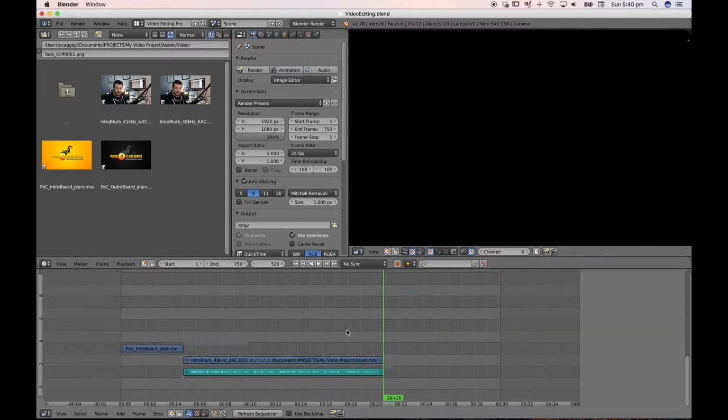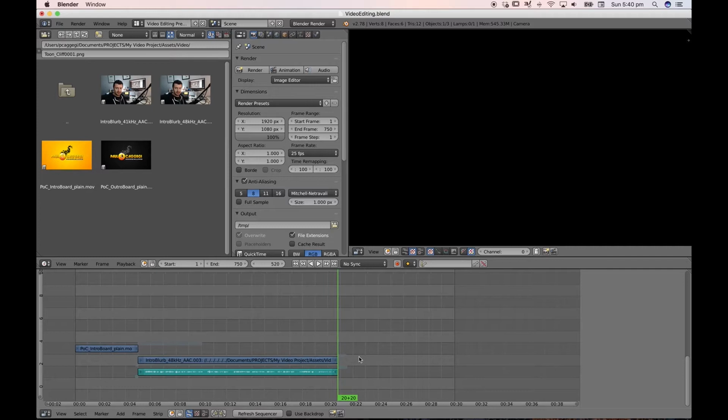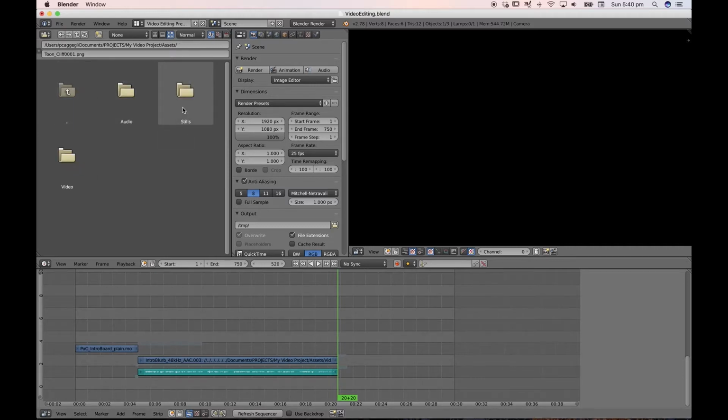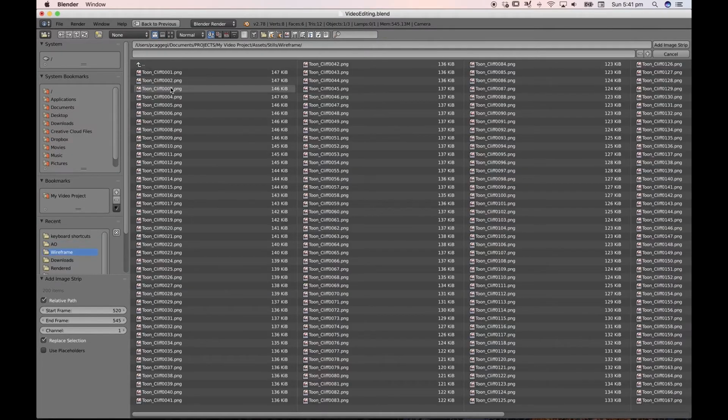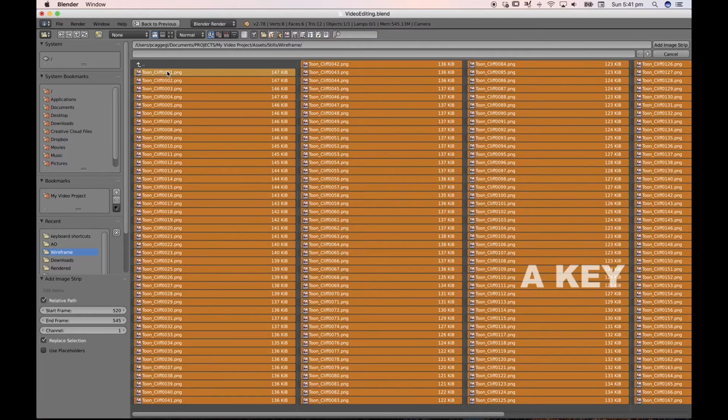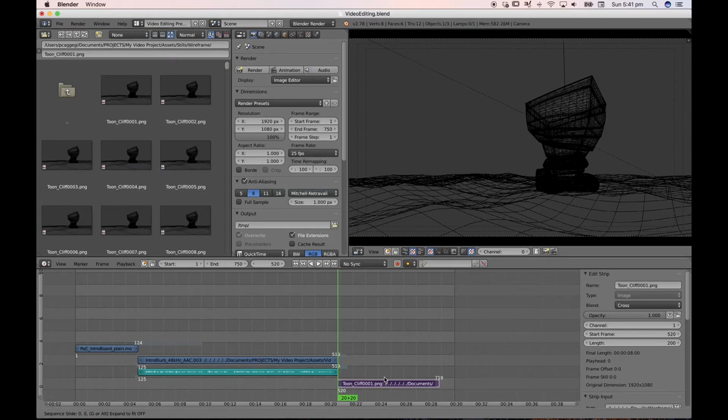Now I want to import my image sequence. Now remember what I said, you can't exactly go up to your stills menu and select everything and drag it down, unfortunately. What you have to do is on your timeline, Shift A to bring up our add menu, image, and now I'm going to bring in my wireframe. So select all of those. There it is. And I'm going to drag this up